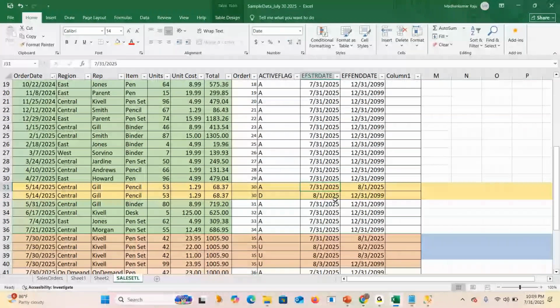Yes, sir. Clear. Thank you. So for this activity only we will do, but this delete scenario we can implement in different ways. Add and update will be similar to this one only. The active flag, effective start date, and end date names may vary across different projects, but the concept will be this one only. The column names can change.